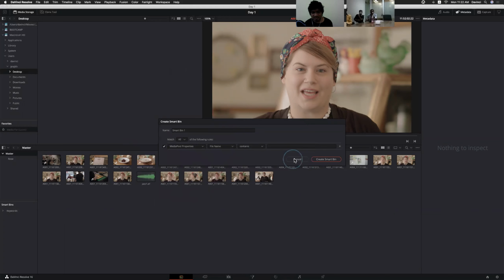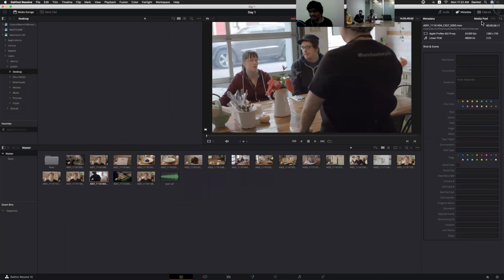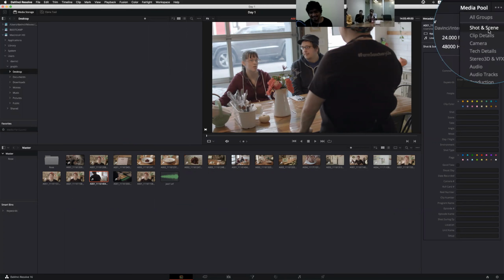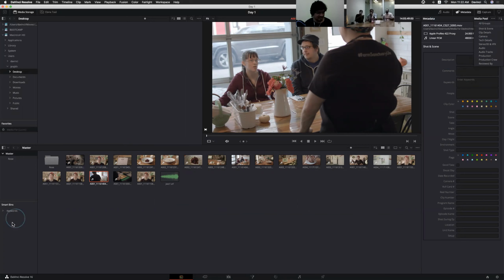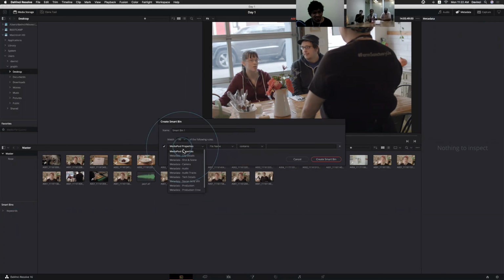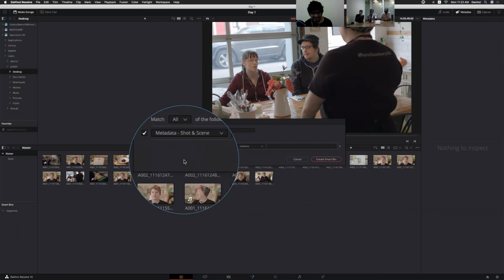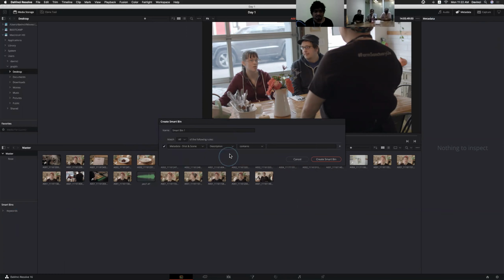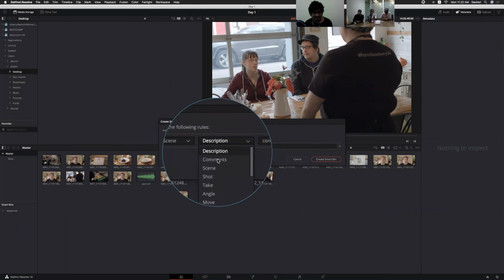Let me show you one thing. Whatever content we added for shots and scene metadata, now here in the smart bin, we'll select shot and scene. In description, we have lots of options.